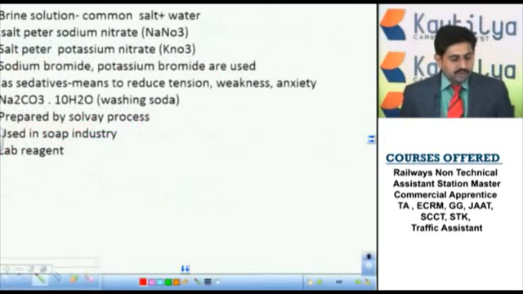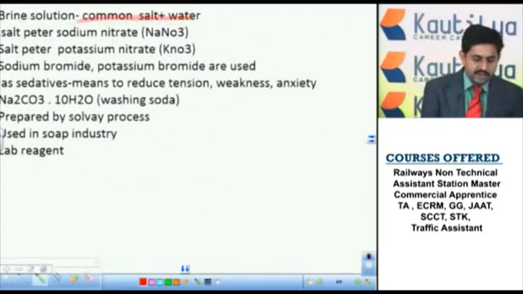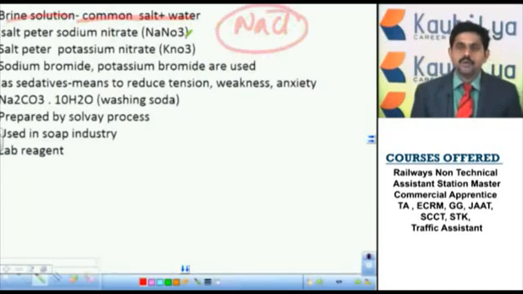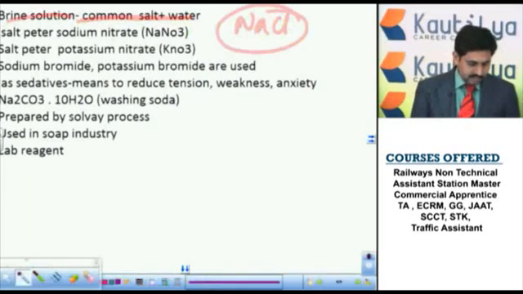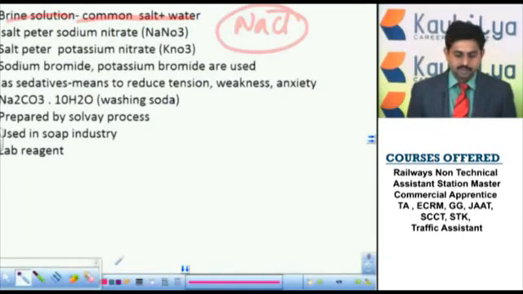Now, some more solutions and compounds. This one is brine solution. Brine solution is nothing but the common salt. It is a diluted solution of sodium chloride. A diluted solution of sodium chloride is called a brine solution. And brine solution is useful for the preparation of different types of compounds, like sodium hydroxide,